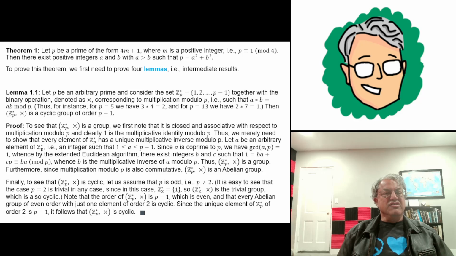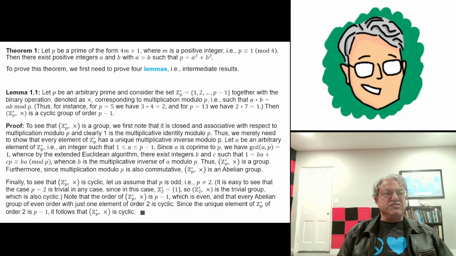Pretty nice result. I'm not going to prove it's unique today, but I am going to prove existence. So this is what I want to prove. I just want to prove that there exist two integers, a and b, both positive, with a greater than b. I guess you don't really care about that since we're only proving existence, but let's just, to be nice